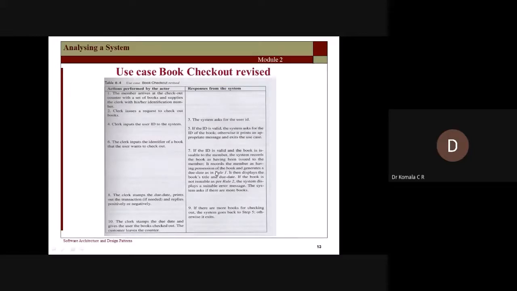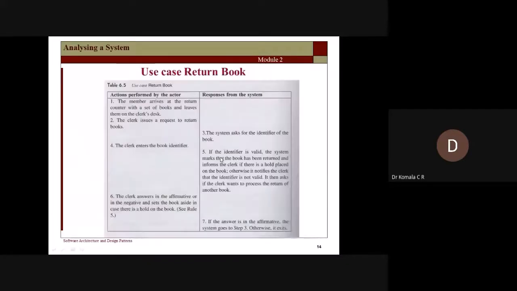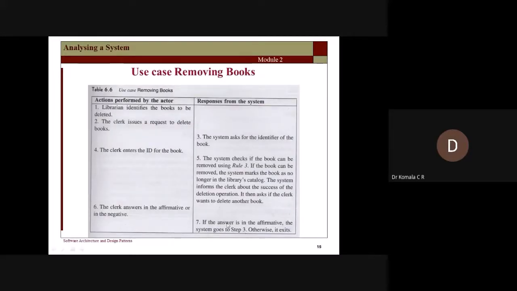Revised version: you are going to start with the rules. Rule 1 and rule 2 both you are going to check. Both rule 1 and rule 2 should be defined: what actually rule 1 is and what actually rule 2 is, and with respect to rule 1 and rule 2 you have to explain these transactions. Any rules here? Yes, you have to check with rule 5. Rule 5 has to be defined and explanation should be given with respect to rule 5. When you come to step 6, any rules here? Rule 3. Rule 3 has to be defined and you have to explain the 5th step with respect to rule 3.